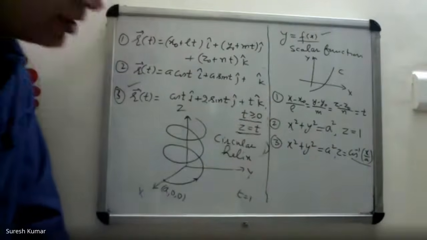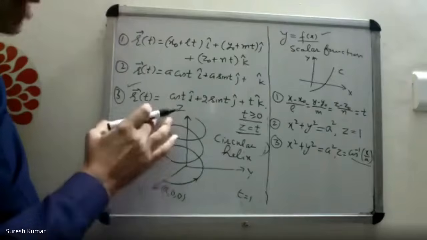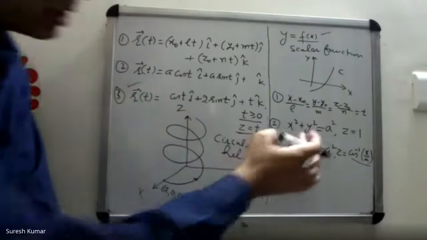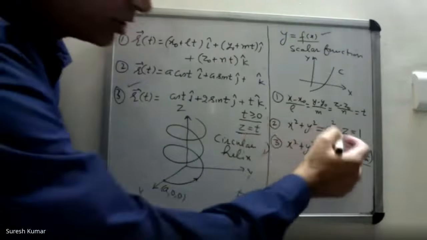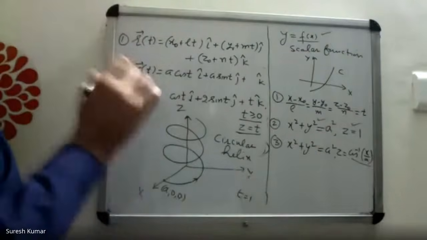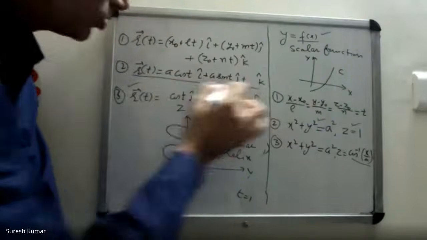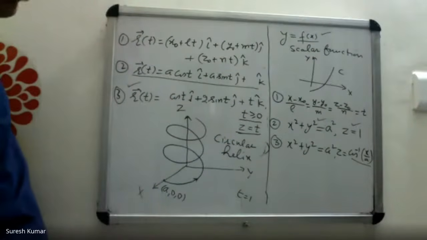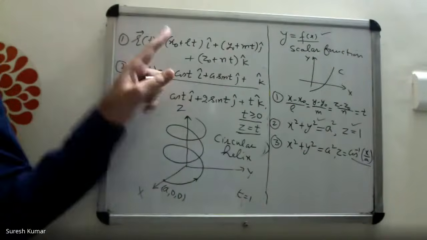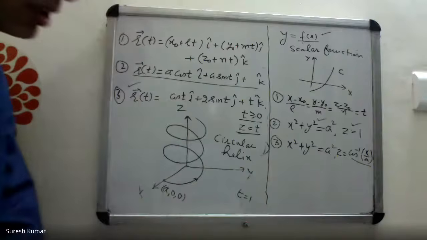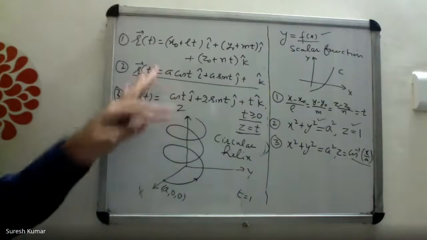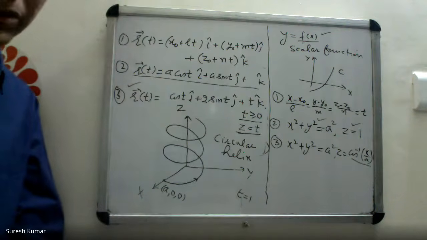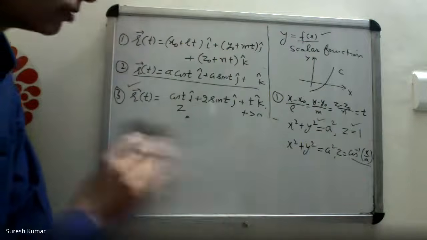So hope you understand why it is convenient to represent three-dimensional curves, or 3D curves, in vector form. You see, to write the circle in z equal to 1, I have written two different equations. But in vector form, you are able to represent the same thing in one expression, isn't it? So it's very convenient in vector form. So three-dimensional curves are parameterized by t and are usually written in vector form. So hope this idea is clear, that r(t) equal to x(t) i cap plus y(t) j cap plus z(t) k cap represents a three-dimensional curve.